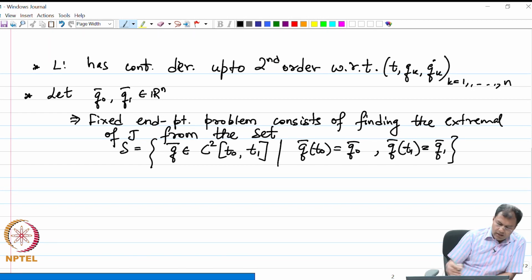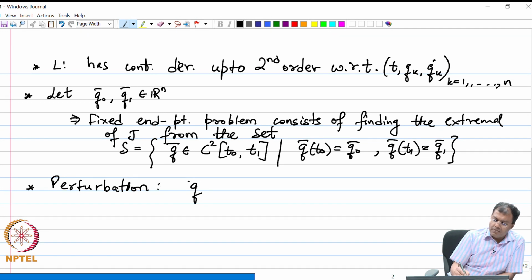Okay. So, then let us also further describe the perturbation, right. So, the perturbation of q bar, let me say that this q bar hat is q bar plus epsilon times eta bar, right. So, this is now perturbation in each of the components, and I describe my perturbation function eta bar to be the following vector function eta 1, eta 2, eta n,